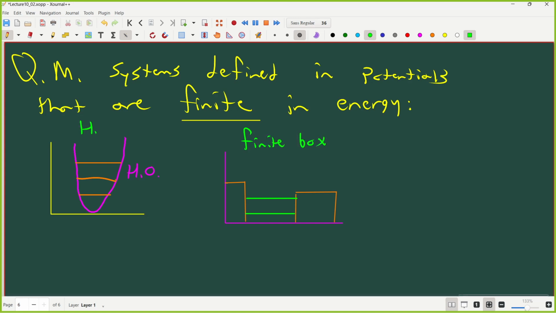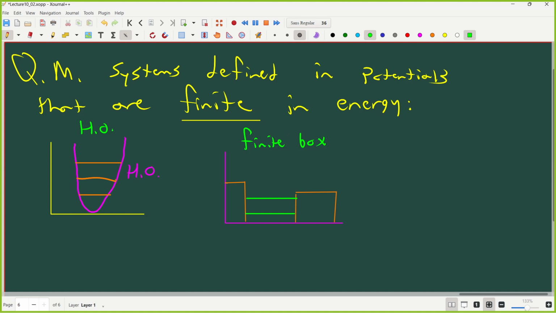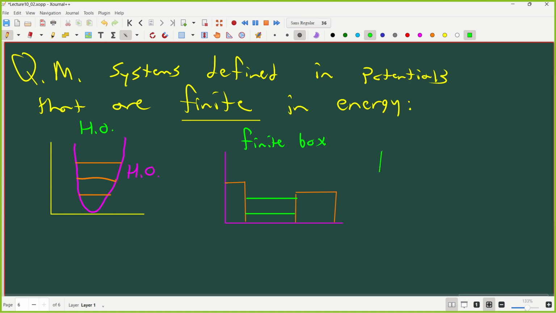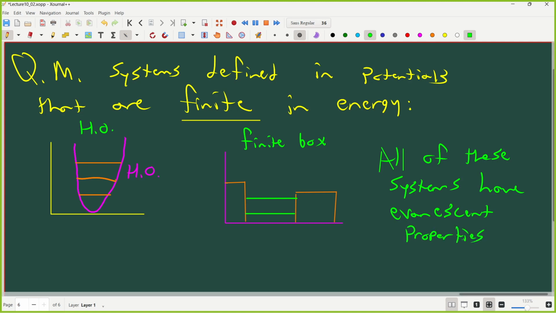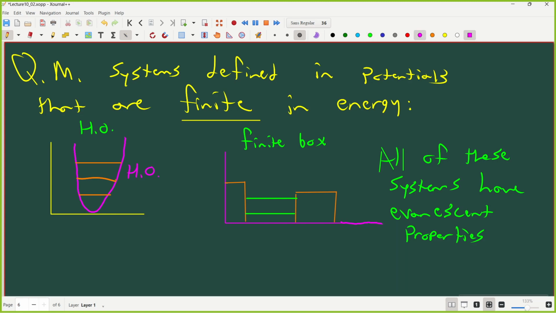This is a harmonic oscillator, right? Any system like this, all of these systems have evanescent properties. And what does that mean? Well, that means the wave function has probability outside of the region of the boxes. So in this shaded region, or out here in this region,